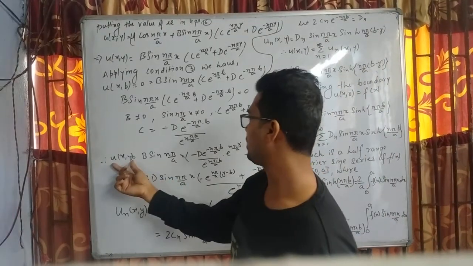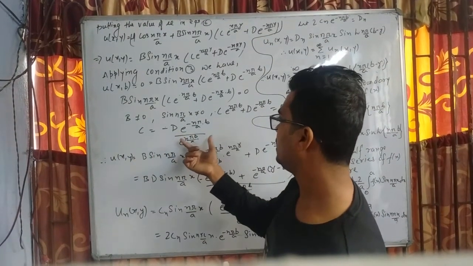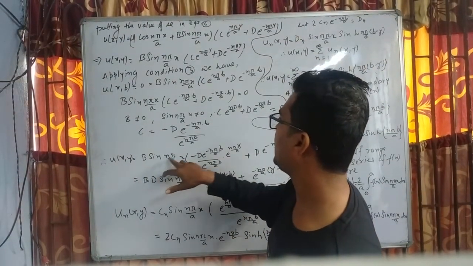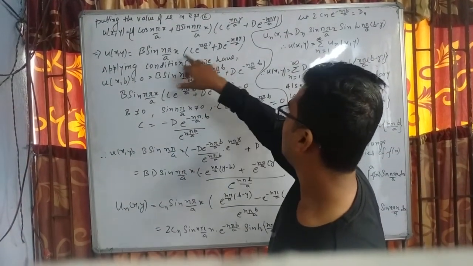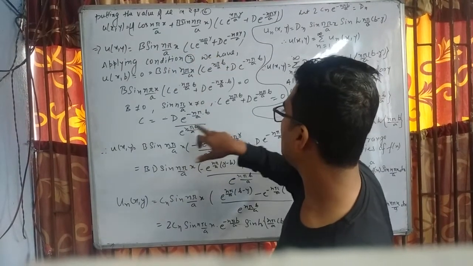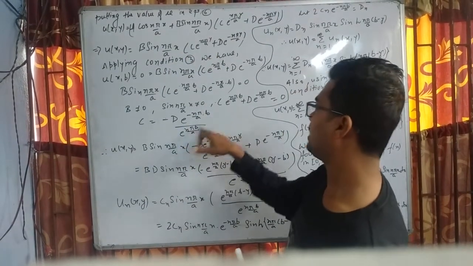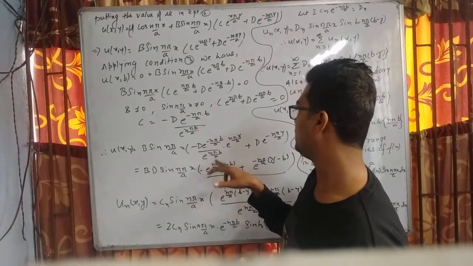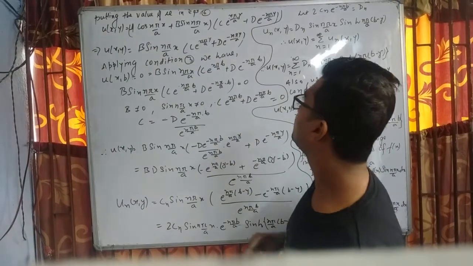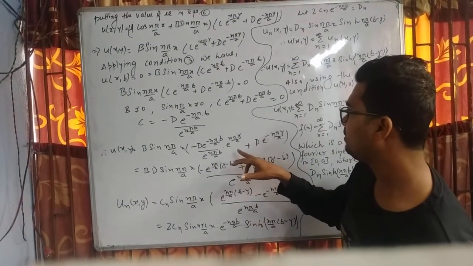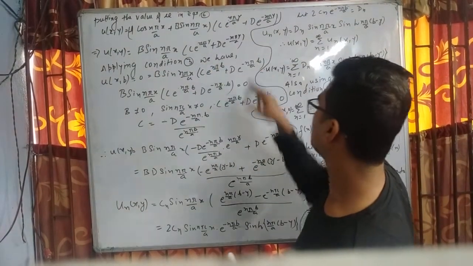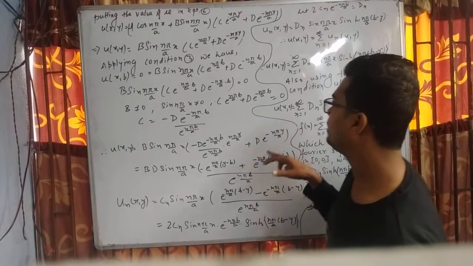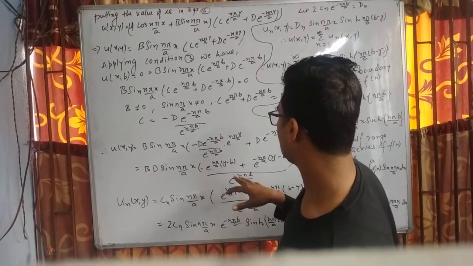So u(x,y) becomes, now we'll put the value of c in our solution, which we get equal to sin(nπ/a x), with c replaced by minus d e^(-nπ/a b) by e^(nπ/a b), into e^(nπ/a y) plus d e^(-nπ/a y). And on simplification we get,